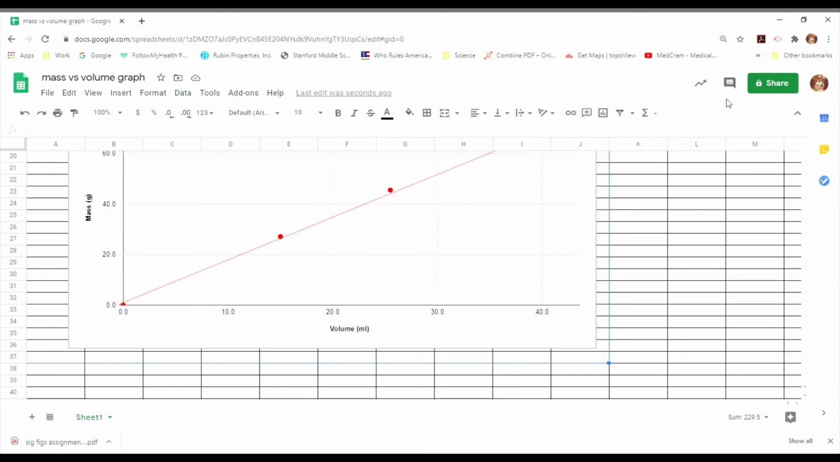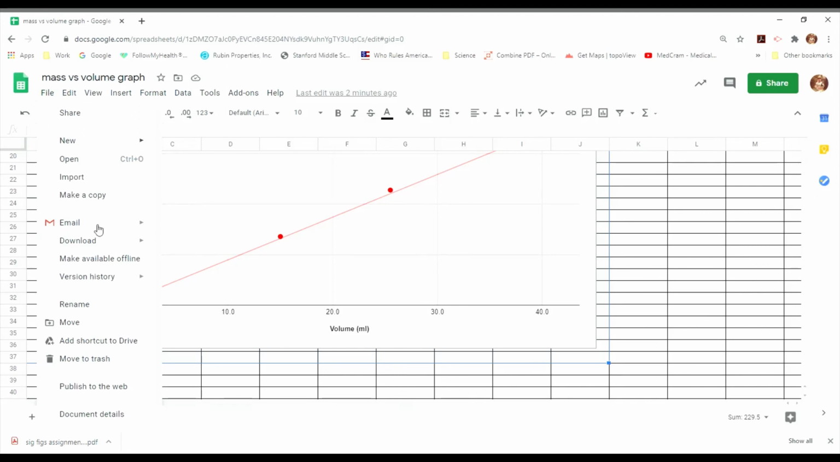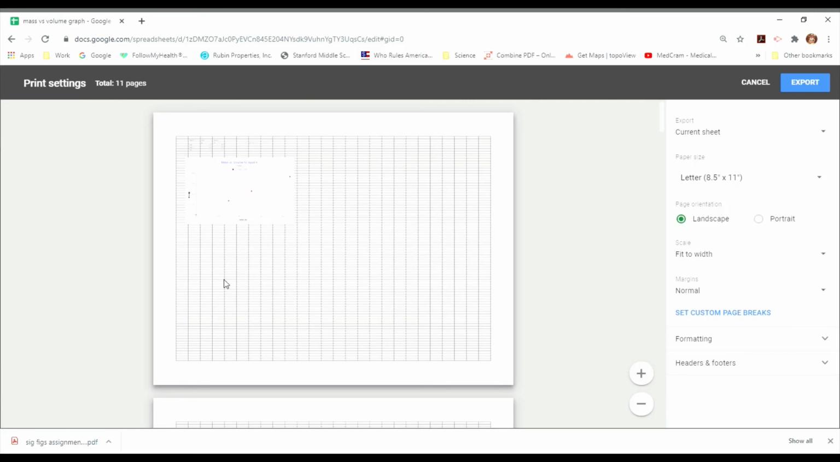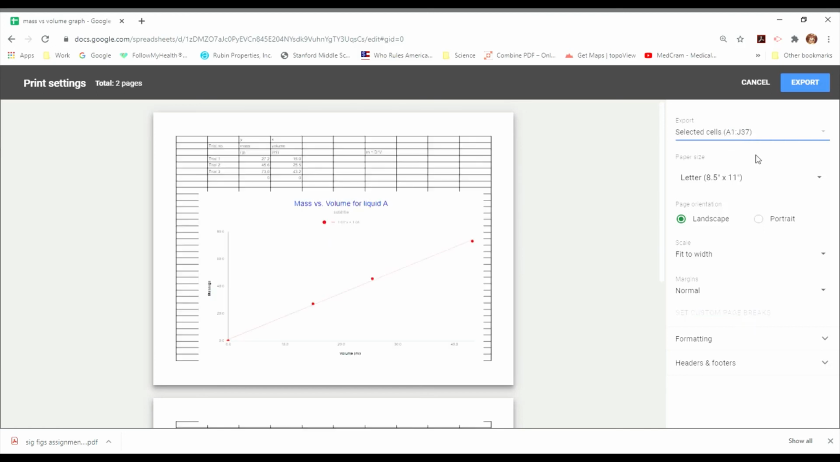Then you go up to File, Download, PDF Document, and it's going to give you a PDF. And since we highlighted all of the grids, the current sheet goes for miles and miles and miles. So what you want to do is export just the selected cells, just the ones that you highlighted. So you see just your